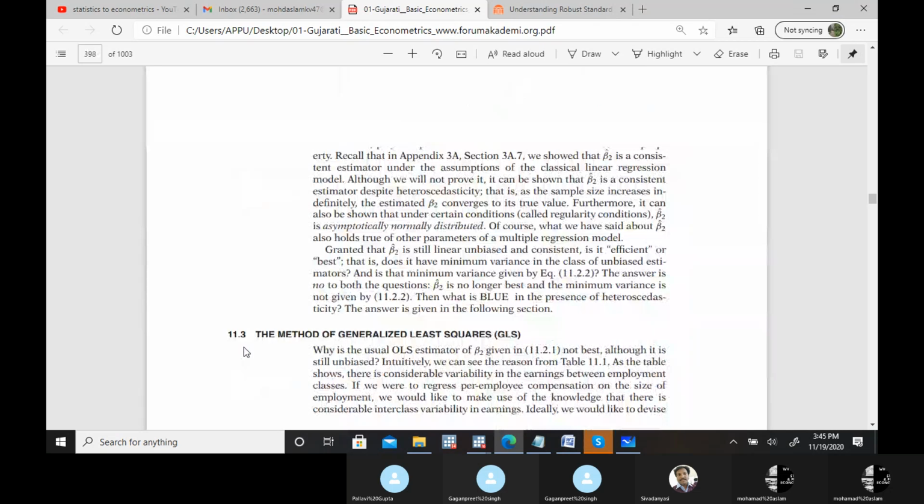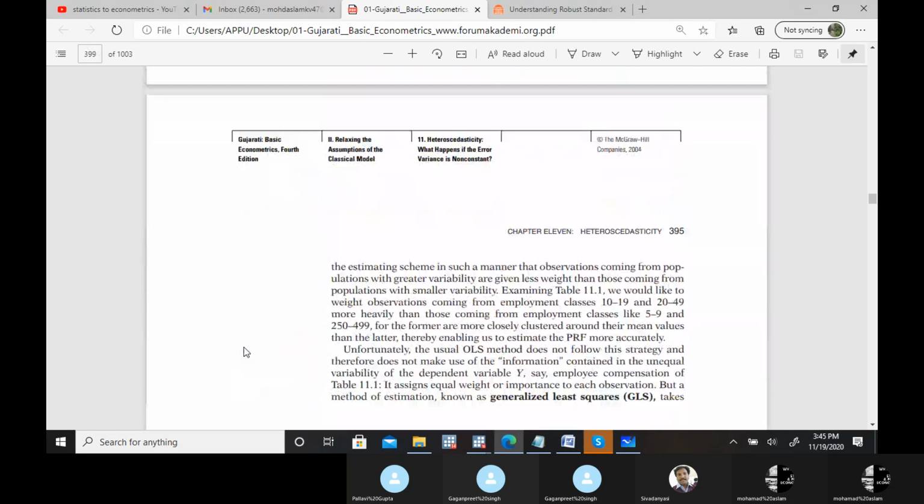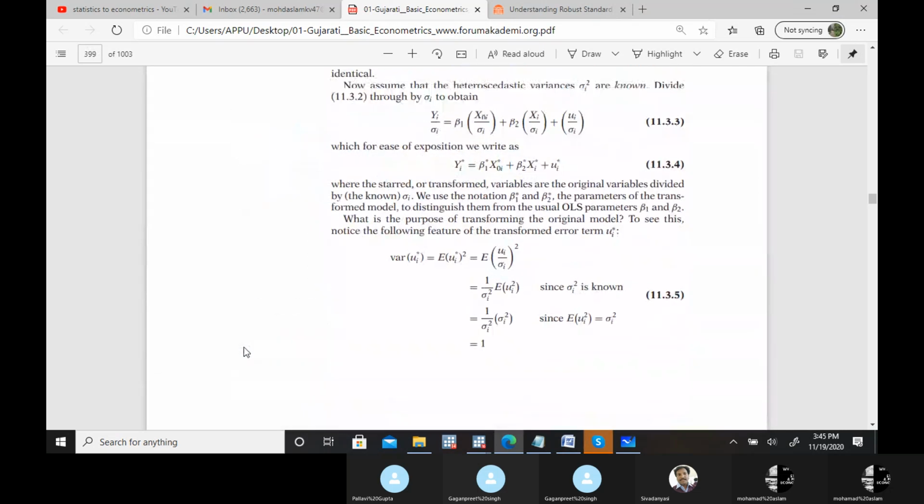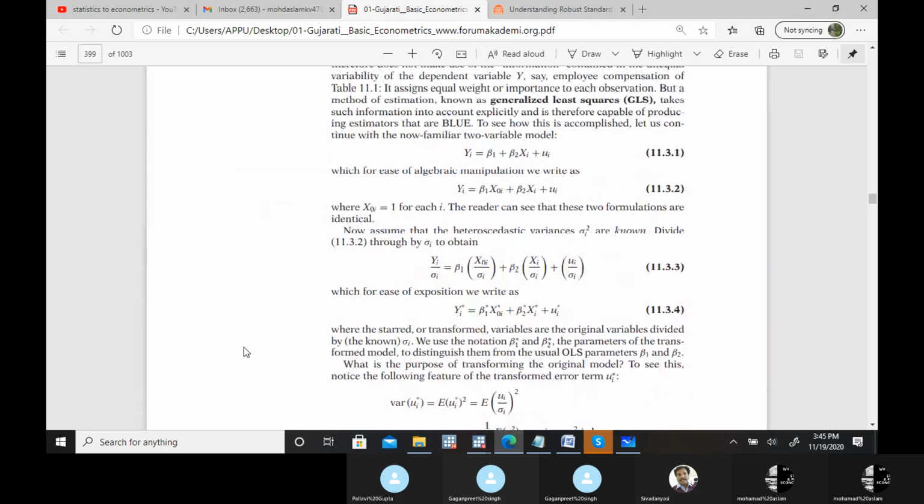Yeah, this is the solution. This is the derivational solution. Let's just try to understand how it works. Let's suppose you know the cause of variation, means you know what thing is creating this problem. Then just divide all the variables by that particular variation. Anything that's changing the variation, if you divide by that variation, it will get removed, right? That's the actual solution we are going to do.